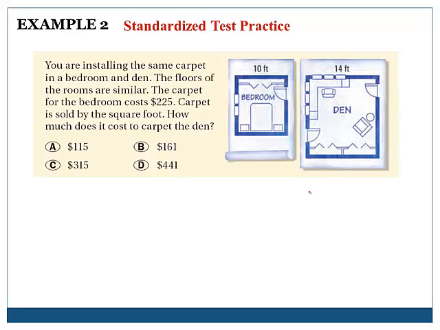Okay, so let's use some of the information that we're given. We are given 2 side lengths, and we are given how much it costs to carpet the bedroom. We're trying to figure out how much it's going to cost us to carpet the den. This is set up very similar to the last problem. So we have our two side lengths, and we can say we have 10 over 14,